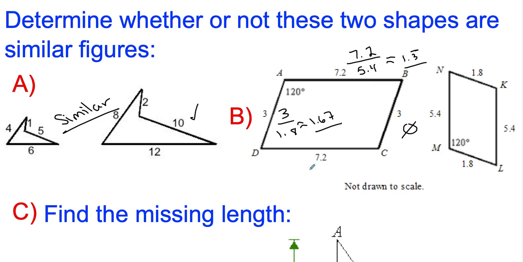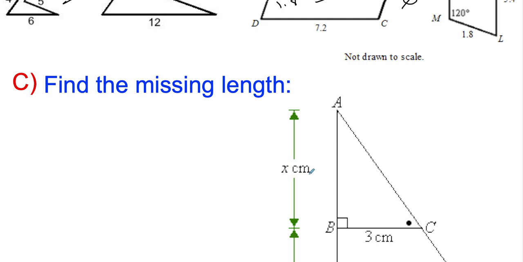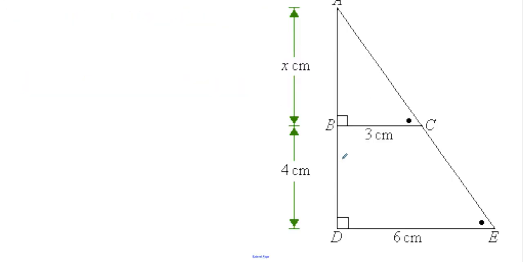Okay, so we got another question down here that's kind of tricky. So I want you guys to pause the video here, work through this and see if you can figure out x. I want you to show the proportions and show the steps to show how you got that, and then play the video again. All right, so coming back to this, we have a little triangle here, a 3, and a